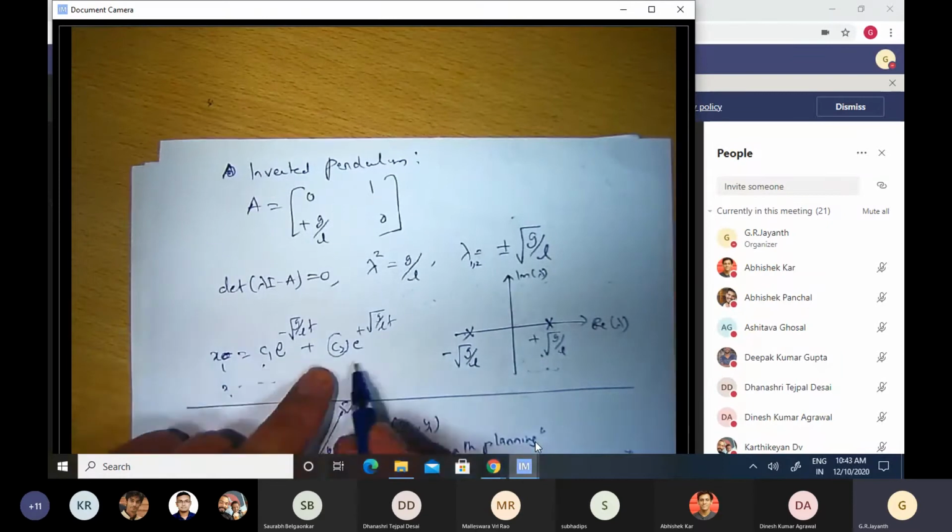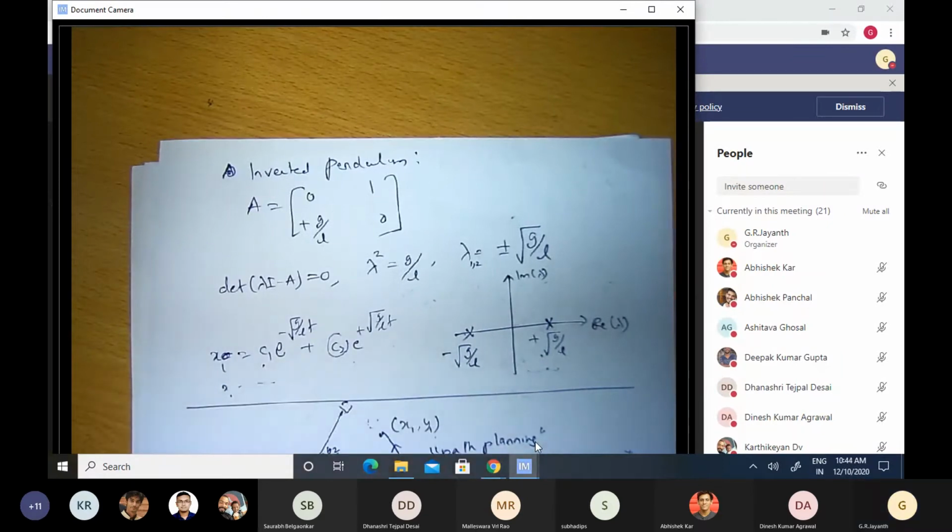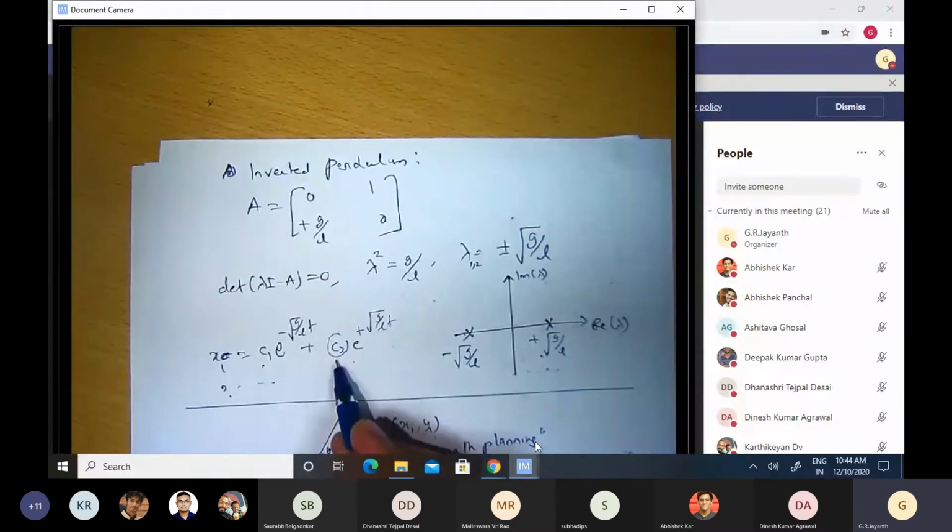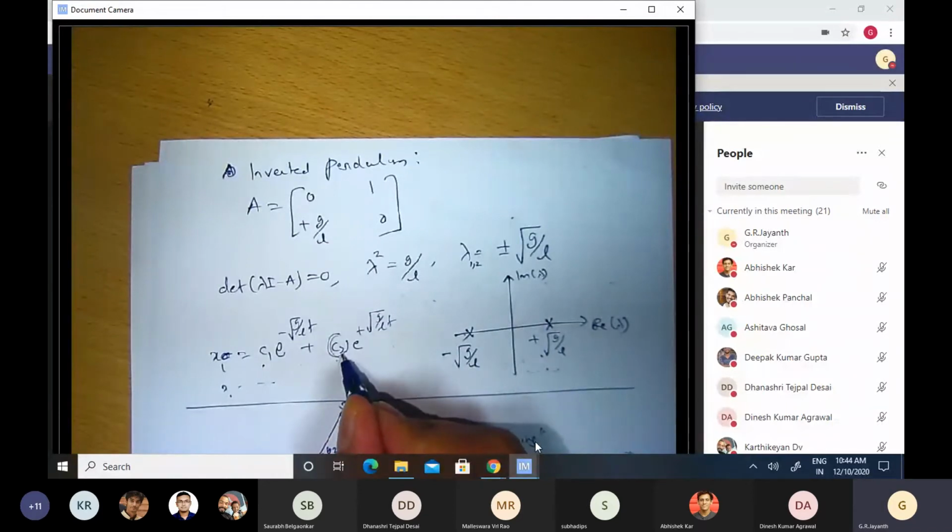A mathematician will happily set this coefficient equal to 0. But an engineer or a physicist has to confront the fact that it is not possible for me to release my system from some exact particular state. That state would have to be exact to the very last decimal place. Even if there is a small deviation in that initial condition which gives me c2 equal to 0, then there will be a very small c2.